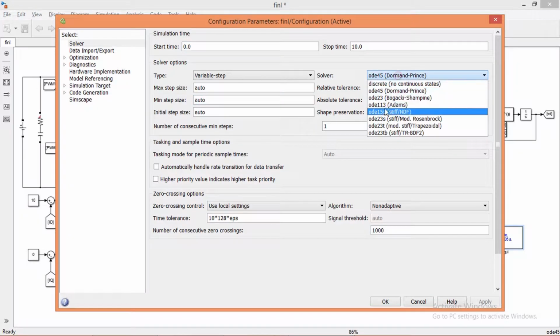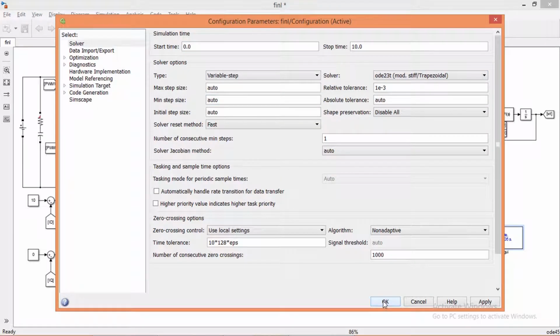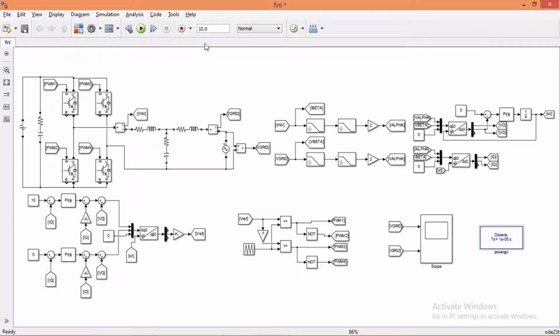Set solver type ode23t. And finally set simulation time 0.5 seconds. Now run the simulation.